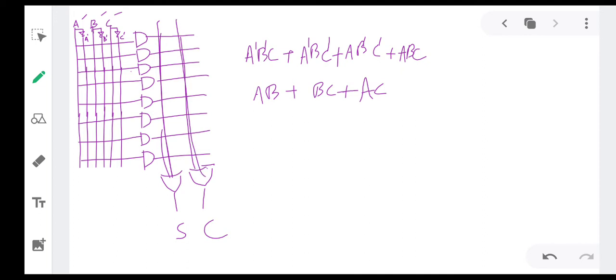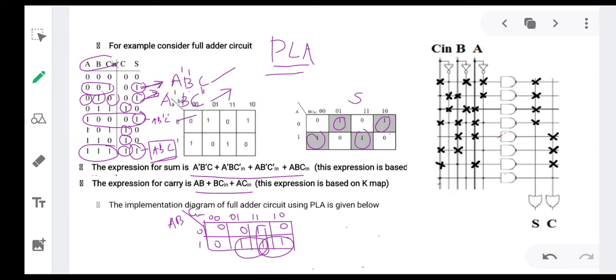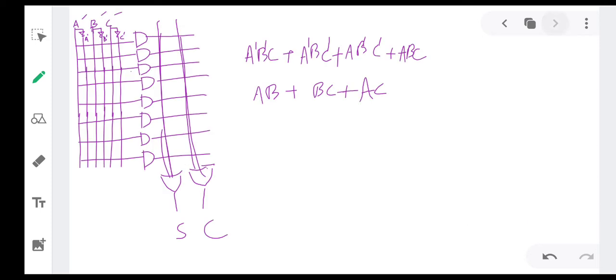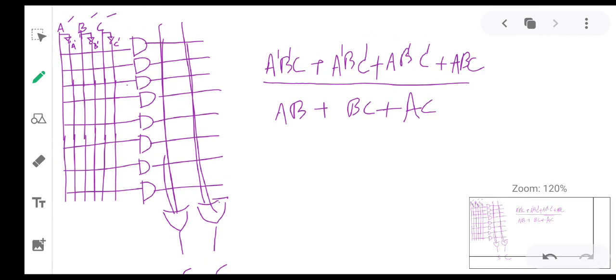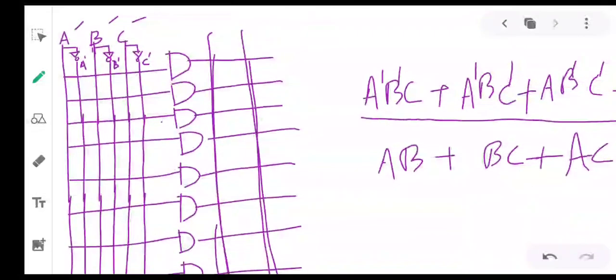Now you look at the expressions for sum. What is the expression for sum? I am writing it here again. A bar, B bar, C bar. A bar, B bar, C. So what connections do you require to take?